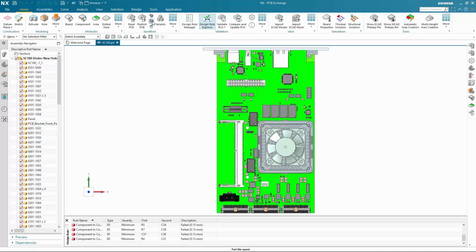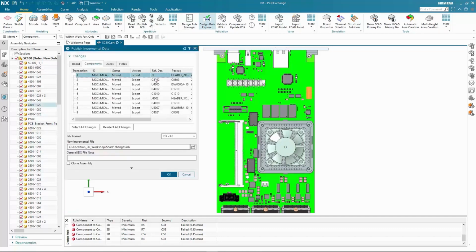Once I am satisfied with the placement that I have done to avoid these interferences with my mechanical assembly, I will send a proposal file of the newly moved components and heatsink to the hardware engineer to review and apply